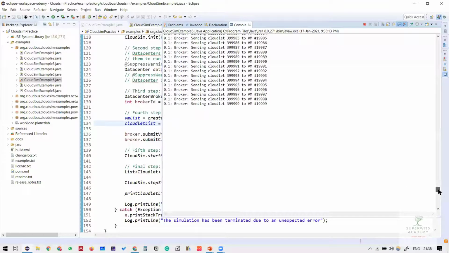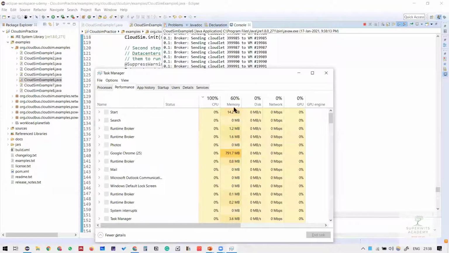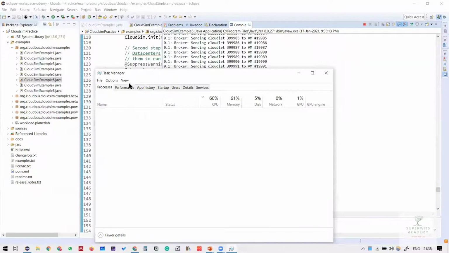output on the console. But yes, this is how the simulation can be scaled up in terms of your particular set of scenario in comparison to what you have within your system. So right now, if you see what my system performance is, this is what is happening on my machine right now, right?